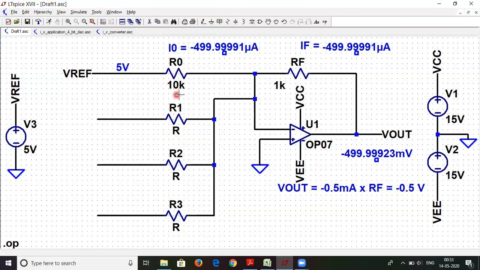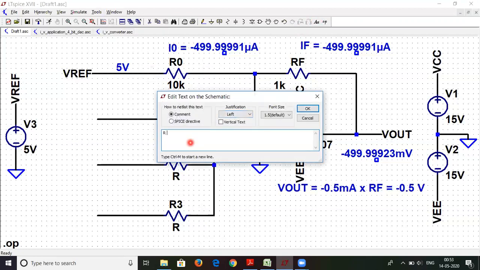So this value, 10K divided by 2. So if this value is R, let me write over here: if R is equal to 10K, I need to select the value of R1 as R divided by 2. We'll try to understand why we are doing this a little later. But first we will do this and implement it, and then we will go back to our steps.